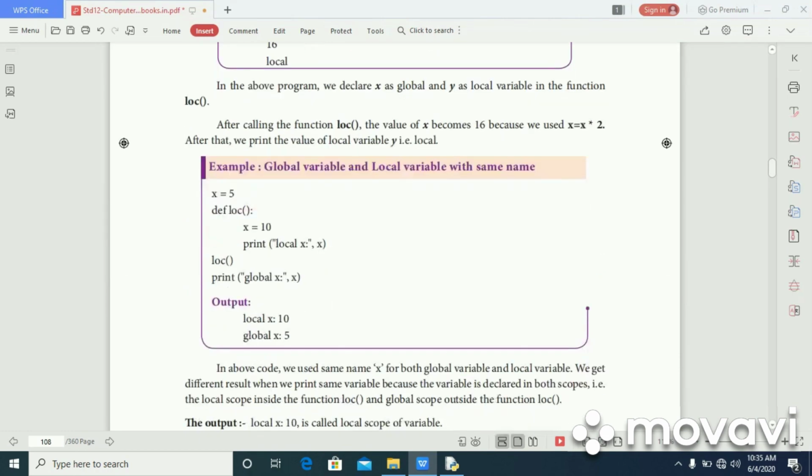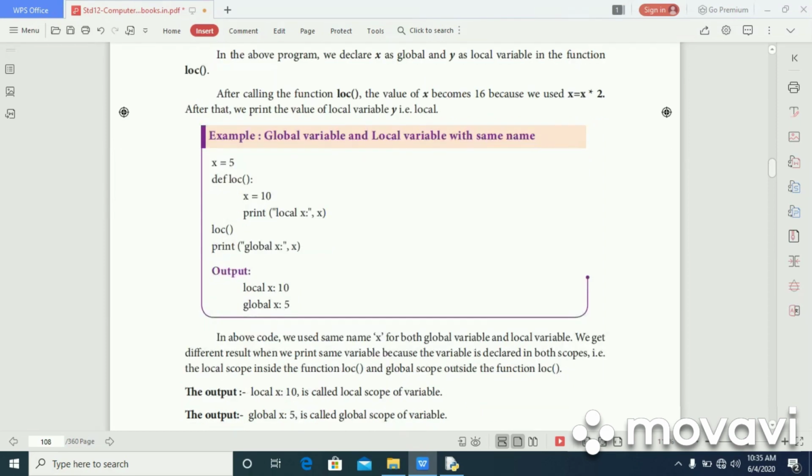And next one is example global variable and local variable with same name. Here x is equal to 5, global variable, def loc, inside a function. Here also x is equal to 10, that is the local variable. See, the local variable is defined by the name x and the global variable is also defined by the name x.